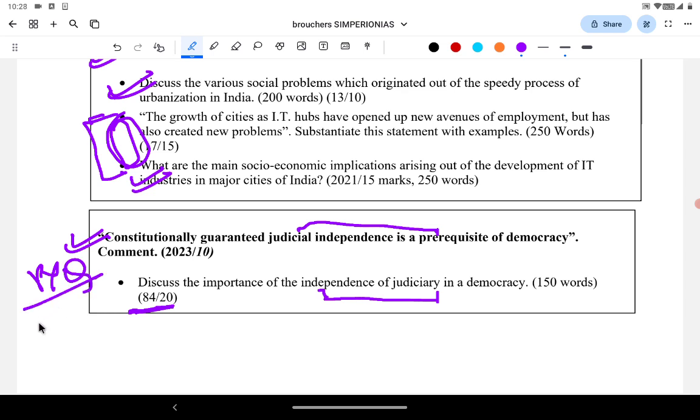This is why PYQs help you to score 450 marks plus. PYQs help you to be in the top 100 ranks. PYQs probably help you come out of this Chakravyuh challenge of UPSC, writing prelims, writing mains, not getting good marks. You follow the PYQ, you will be in the list, you will get very good marks.